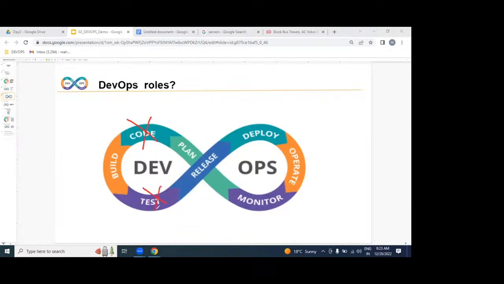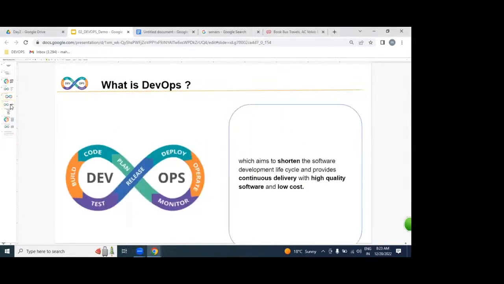We are not writing any test cases. Just we are going to be implementing an automated DevOps process from dev environment to production environment. That is exactly our roles and responsibilities. What I said? What is DevOps? Is DevOps a technology? No. Like Java, .NET, Python? No. DevOps is a process. DevOps is a process which you're going to be implementing from dev environment to operation.